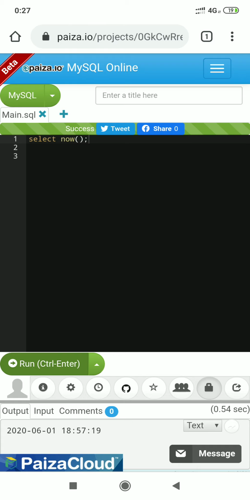Why is it not returning the date exactly as it is right now? Because the server of this site is somewhere where the date is 1/6/2020, and this is the server date. So students, if you run this on your system, it will return the date of the computer you are using.